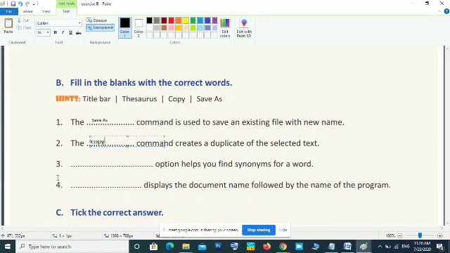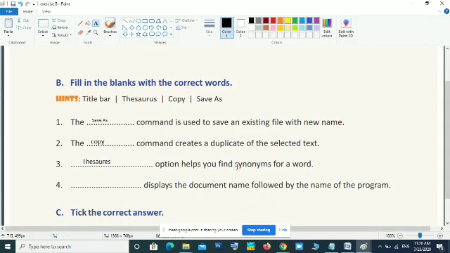Then the third one, dash option helps you find synonyms. Thesaurus. One of you told the correct answer. Thesaurus is the tool or option to find a synonym.